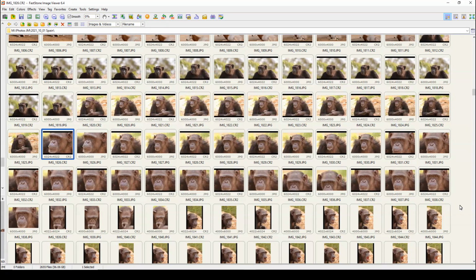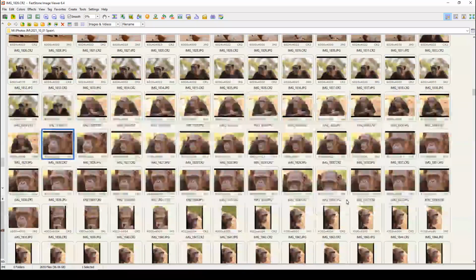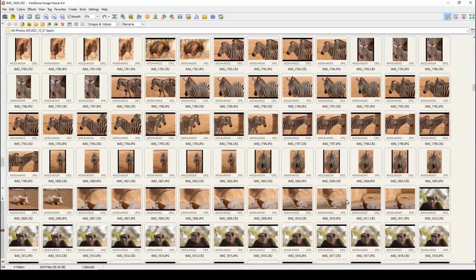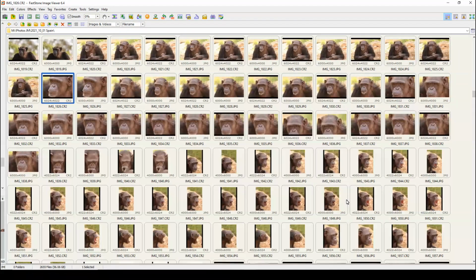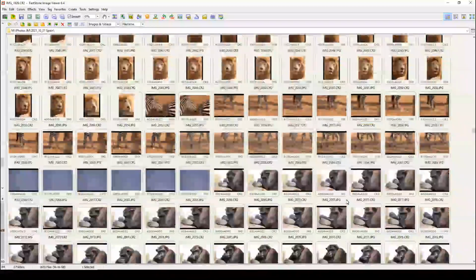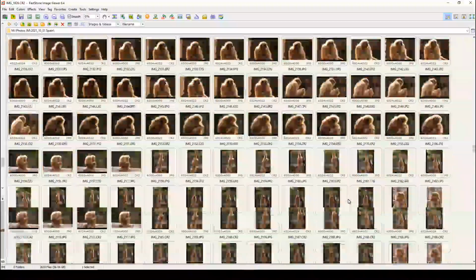So here's some photos of chimpanzee, of course, that I've taken a couple of months ago, and I'm using a program called Pastel Image Viewer, and this is number 6.4, and it's just a free image viewer, but you can do basic image editing in there as well, but I don't really use it for that purpose. I just use it to actually look at my images. So as you can see, it's easy to just scroll through like this. You can go up and down,